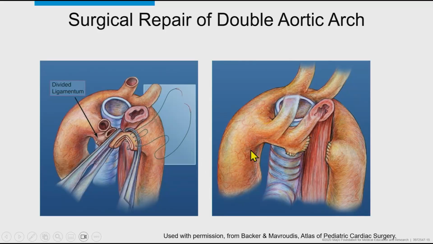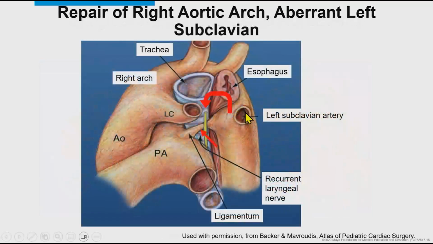It goes up to the head and arm on the left side, and then similarly on the right side, and then the blood comes around here into the descending. So these patients, virtually everybody's getting repaired, usually less than a year, and we expect symptoms quite early on in those patients. So I'll move on to the next one.